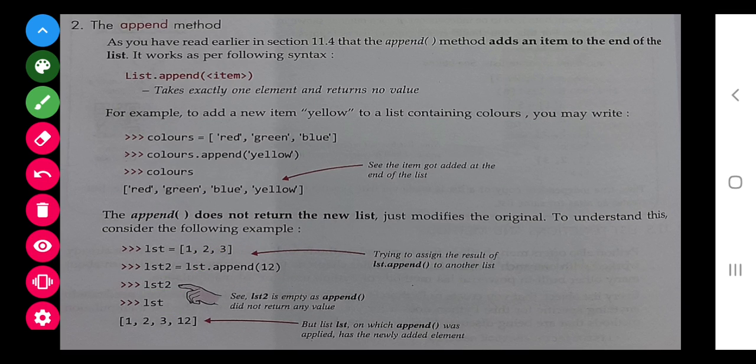Now next, one more thing: if you are giving list 2 equals to this, then list 2 will remain empty only in this case and it will not return any value, but in list 1, the value 12 will be added. So this is the difference.